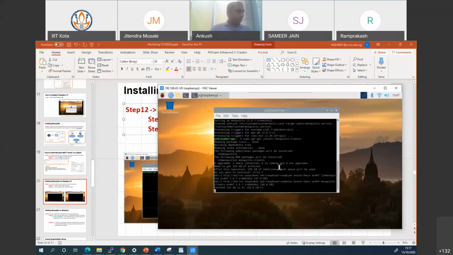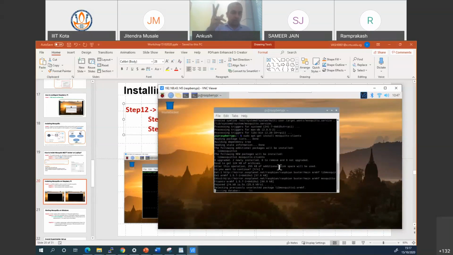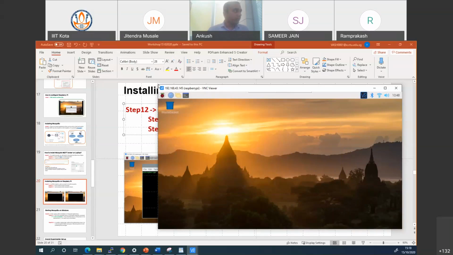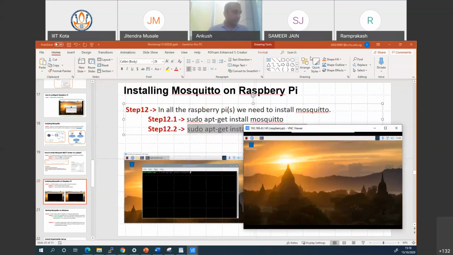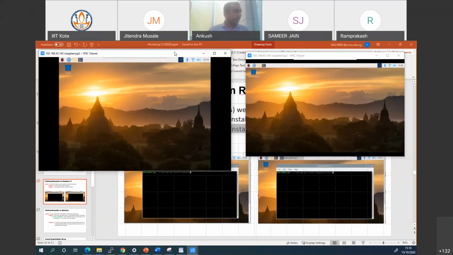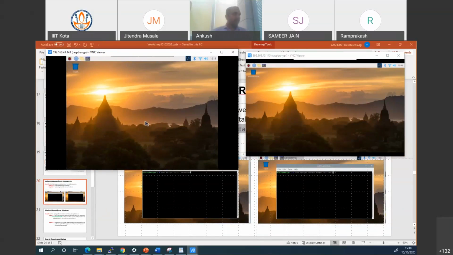Okay, so once it is ready, I have also already installed this Mosquito on my Raspberry Pi 2. So now this is already ready. So both the Raspberry Pis, this is window 1 of Raspberry Pi 1, and this is window 2 of Raspberry Pi 2. You can see the different resolution and all. You can definitely change that. So these are two windows of my Raspberry Pis, right? Now I will show you how you can transmit